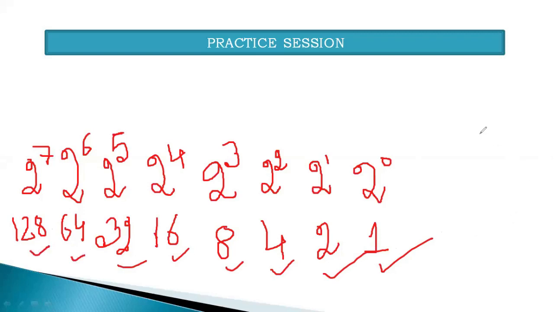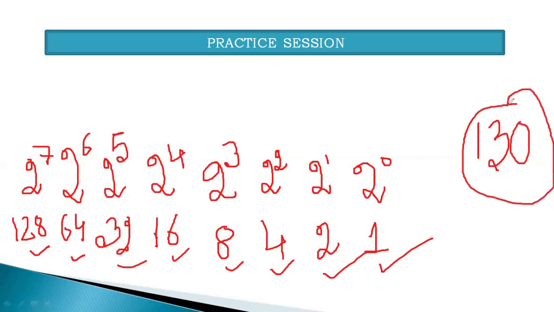Now I have given you the question to convert 130 into a binary number. So what I did when I gave you the question is look for the value nearest to 130. In this chart you can see right now, just due to the limitation of the screen, I have written 2 to the power 7. The next value after 2 to the power 7 would be 2 to the power 8, and its value will be 256.